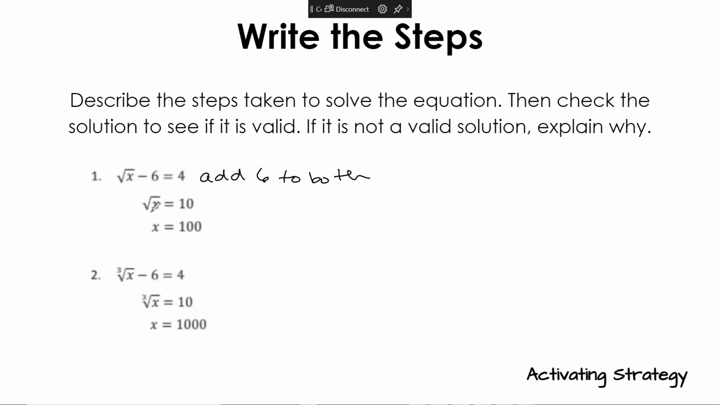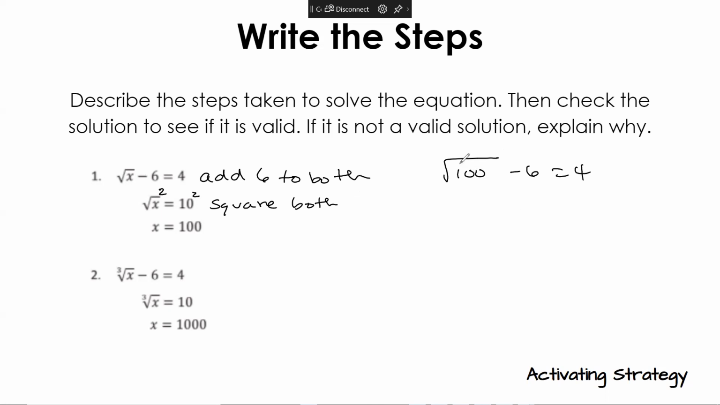All right, now we want x by itself. So what do we do next? Square both sides, and 10 squared is going to give me 100. Okay. So let's check and make sure that it works. When we take 100 and we plug it in,